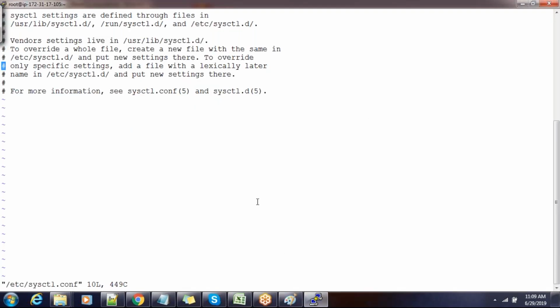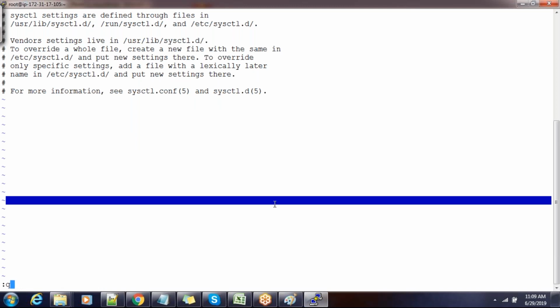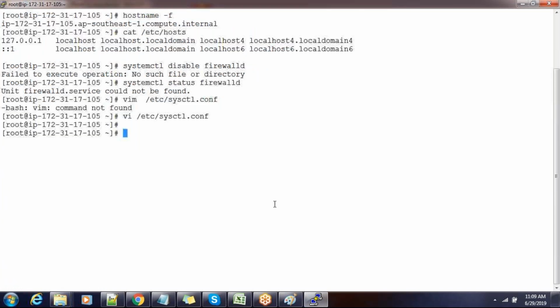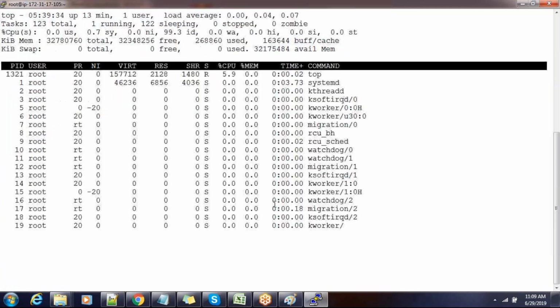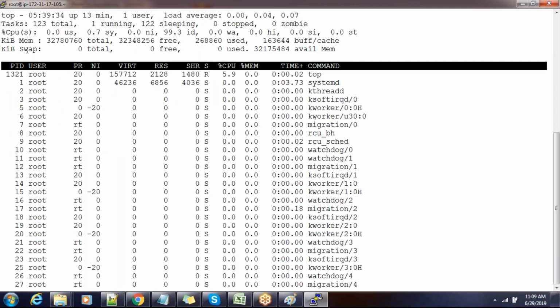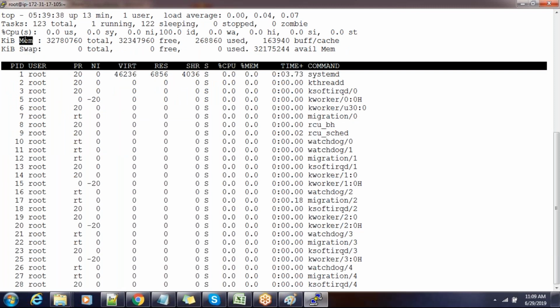Here, if you just use the top command, you can see the physical and virtual memory. This is the swap and this is the memory. So this is the physical memory and this is the virtual memory.